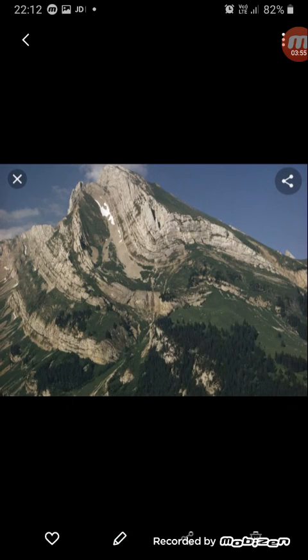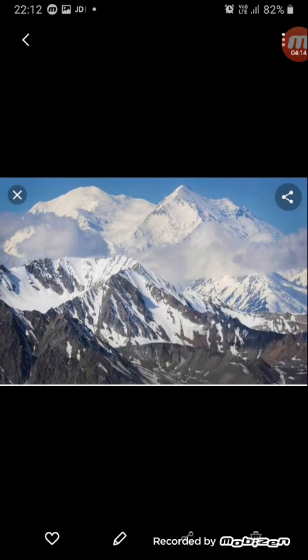Now, here in this picture you can see how the fold mountains really look. Okay, this is a picture of a fold mountain, and here you can see it's an asymmetrical fold, because the left side limb is shorter than the right side limb of this mountain. Now, even the Himalayas of India and the Alps of Europe are fold mountain ranges, and they really look like this in reality.